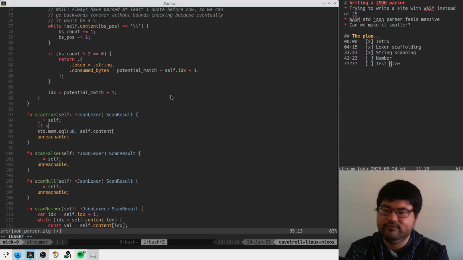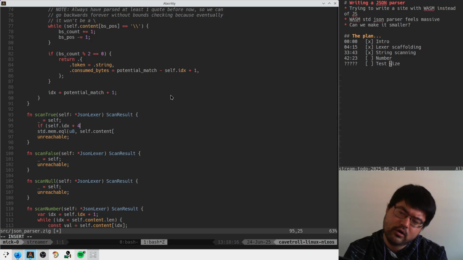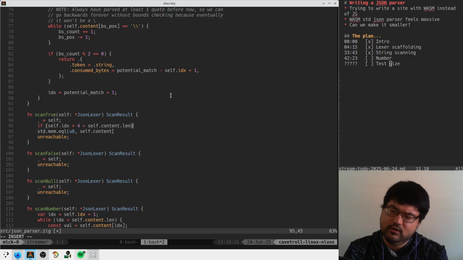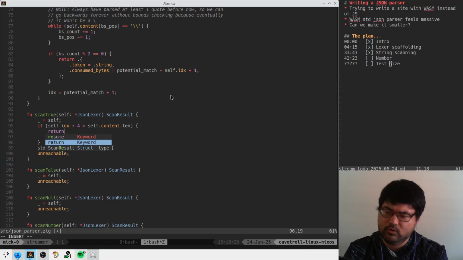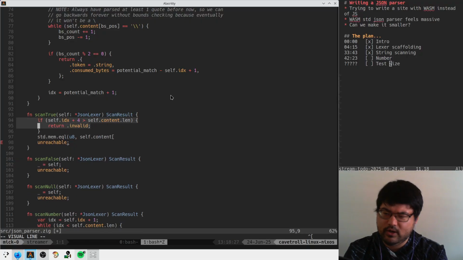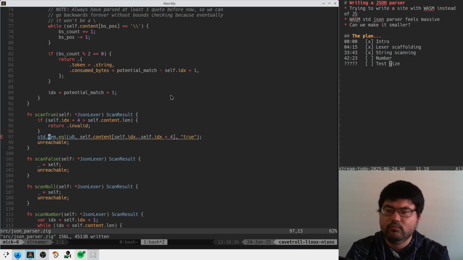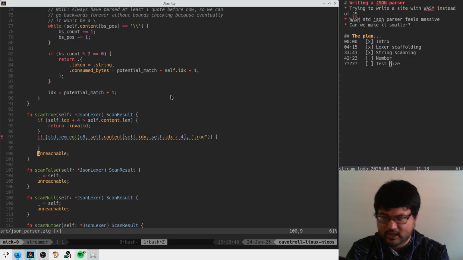So we can say if the length plus 4 is greater than the content len, we're out of here. It can't work. Otherwise, we're just doing a little check for self index to self index plus 4 of true. Right? So if this is the same,